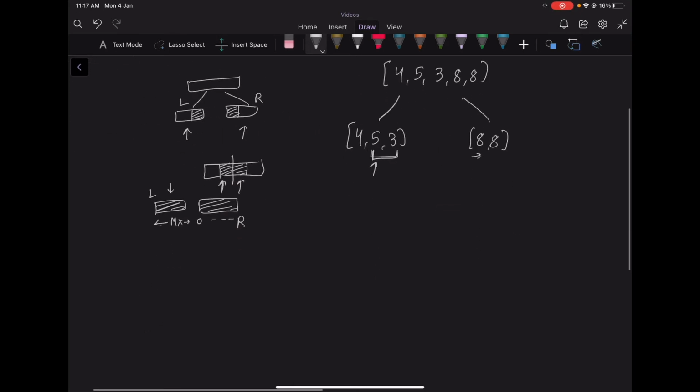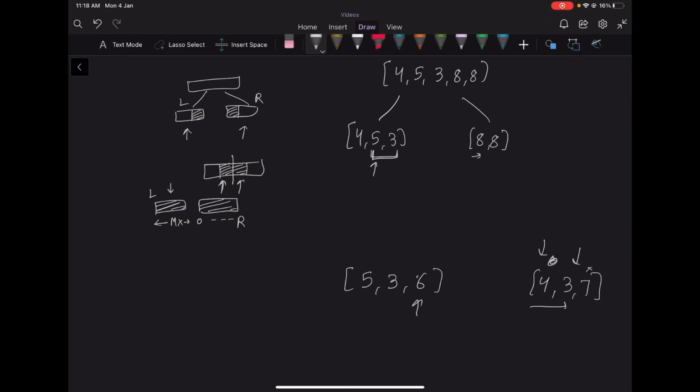So for this example, let's take a different case. So we have 4, 3, 5, 3, 6 and 4, 3, 7. For 6, our current maximum is 6. Now we know that 4 is less than or equal to 6, so we can increment our right pointer. Again, 3 is less than or equal to 6, so we can increment our right pointer. But now we actually cannot take 7 since 7 is greater than 6. So for this index, we have this element which can be the rightmost index.